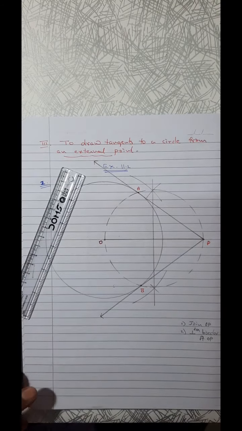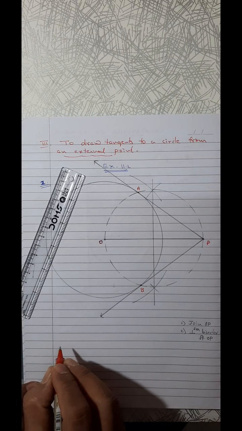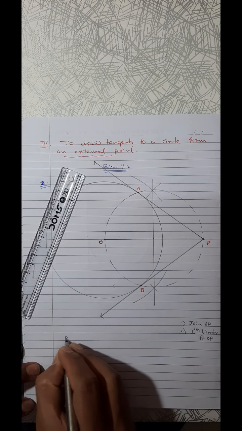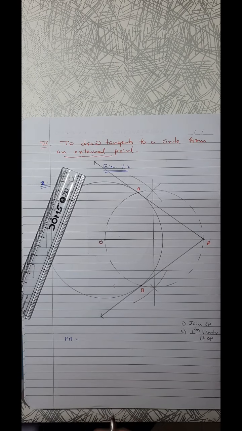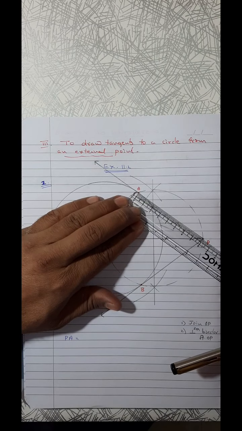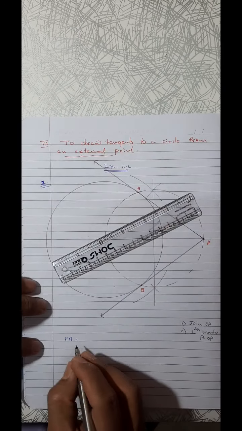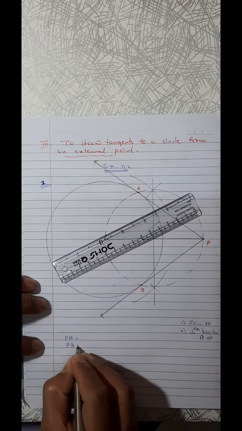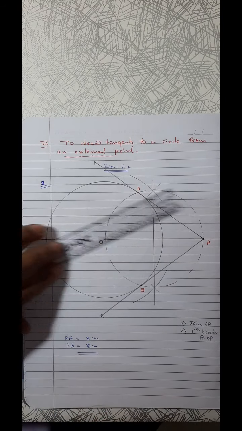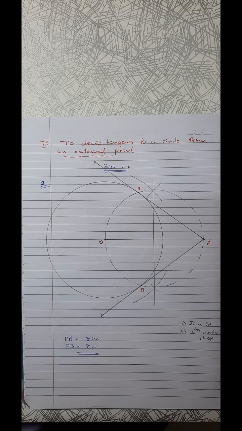Produce more, PA and PB. They are asking to measure. PA equal to PB, both are going to be same. Question is also measure their lengths. Lengths are going to be same. 8 centimeter. PB also 8 centimeter. PA equal to PB equal to 8 centimeter. Both are going to be same because we know the theorem. Length of the tangents drawn from an external point to a circle are equal.